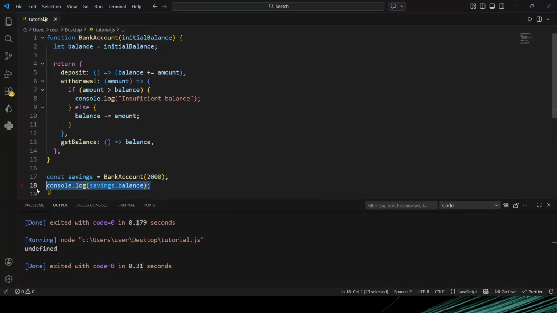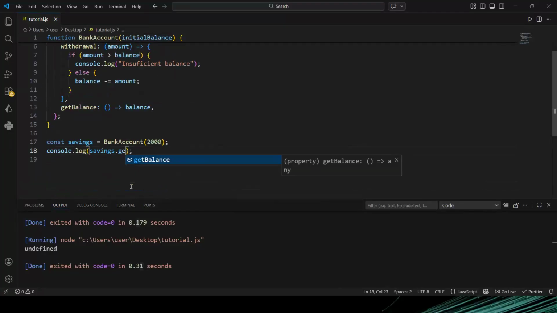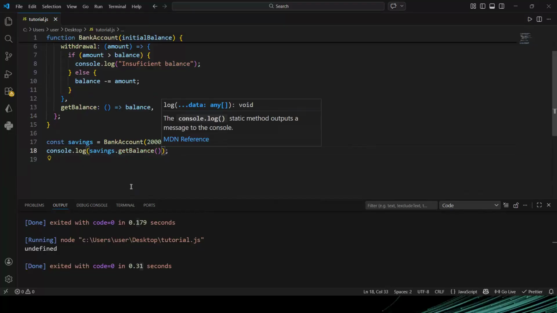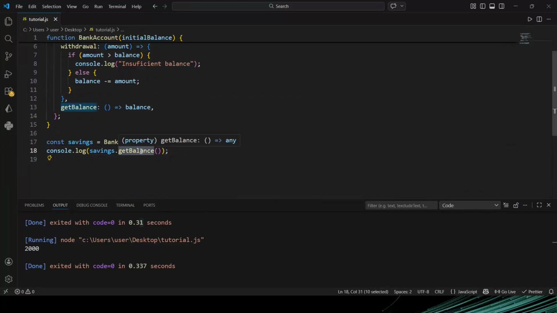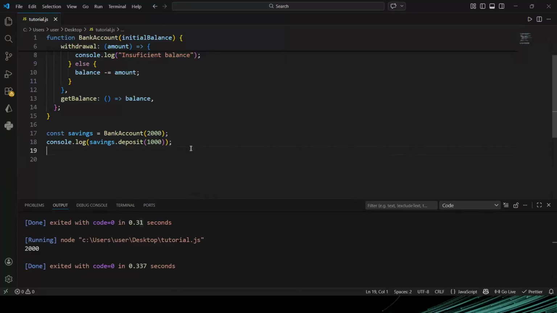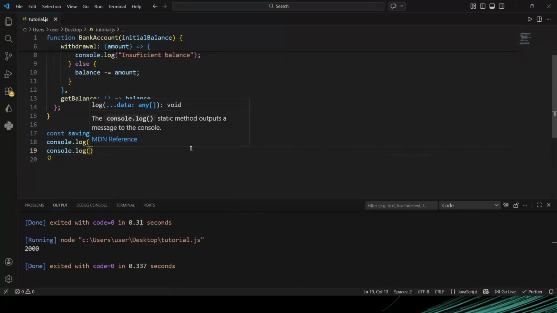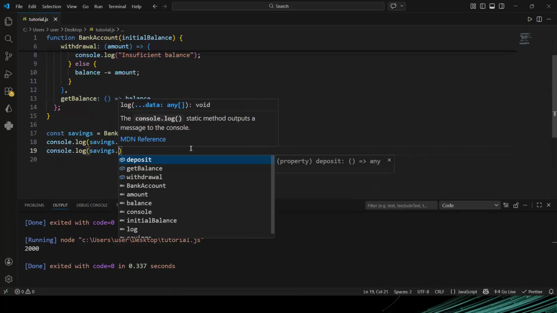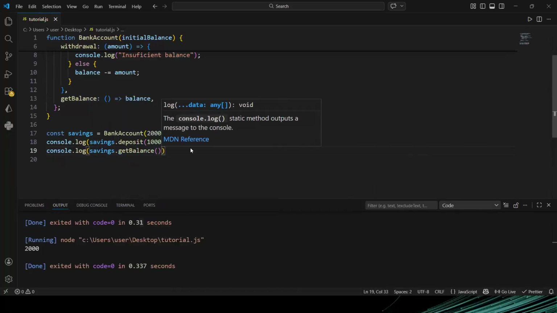Okay. So now, if you want to get it, you have to use the getBalance method. If I run it now, it will give us the balance as 2,000. All right. So if I want to deposit, I will say deposit, and I'll give the amount I want to deposit. I want to deposit 1,000. And then after doing that, I could say console.log savings.getBalance. So after depositing, I also want to check the balance. So if I run it,